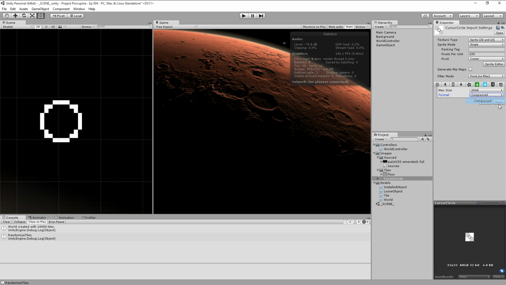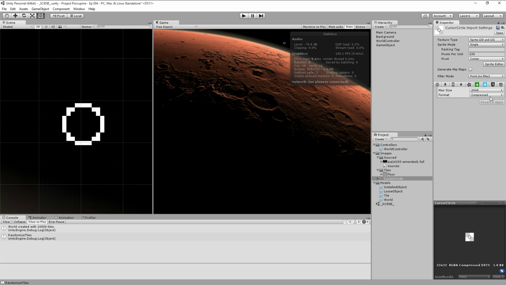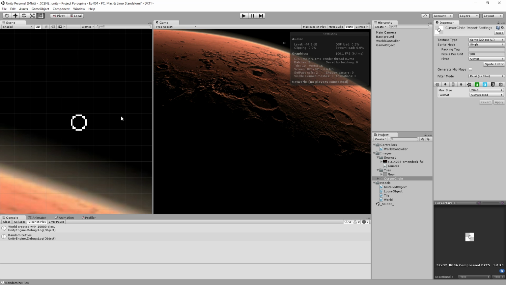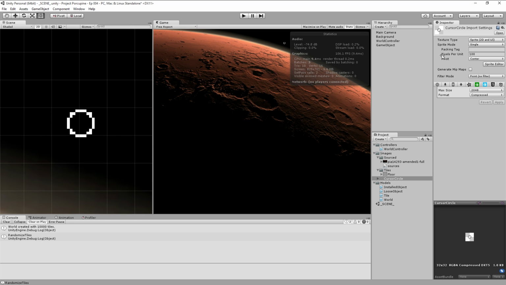For this one, I guess the compression doesn't matter too much. Some sort of drawn graphics like this and tiles will get quite muddy if they're compressed. Here, I guess it doesn't matter, so I'll leave it compressed, but there we go. So we're going to have that, and then the other thing we want to do is change the pixels per unit. I made this graphic 32 by 32,